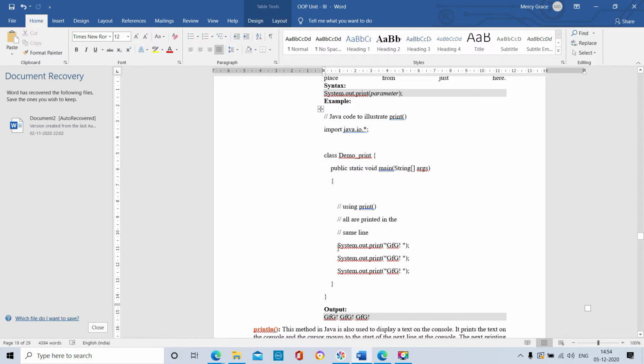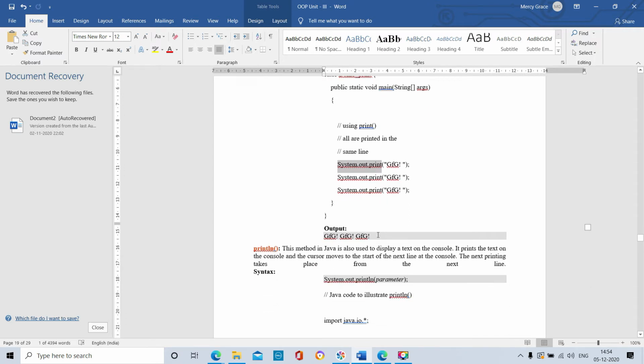System dot out dot print is the method used to display the statement which is present inside the double quotation on the screen. So within the double quotation we are having the statement G of G exclamatory symbol. So G of G. We are using the print statement, so the cursor will be here only. While running our application program in the command prompt, the cursor will be in this position only.